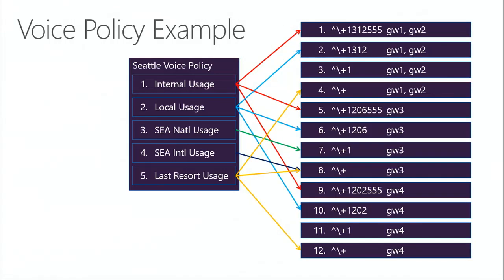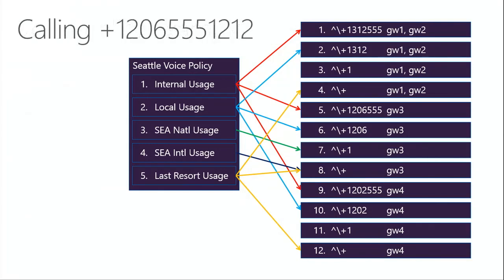By the way, it's really important to have meaningful names for the PSTN usages, because if you say PSTN usage 1, PSTN usage 2, usage 3, it will still work. However, if you want to scale down the road, it will be pretty challenging for you. Let's say he places a call